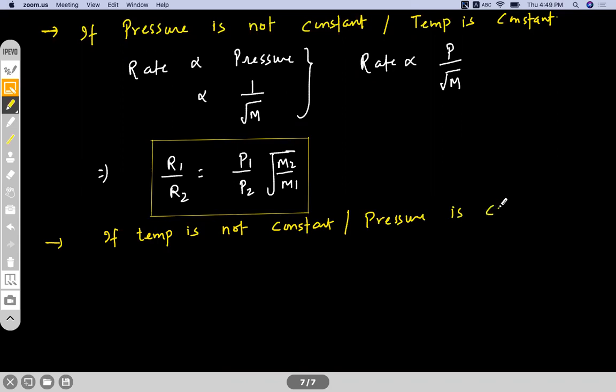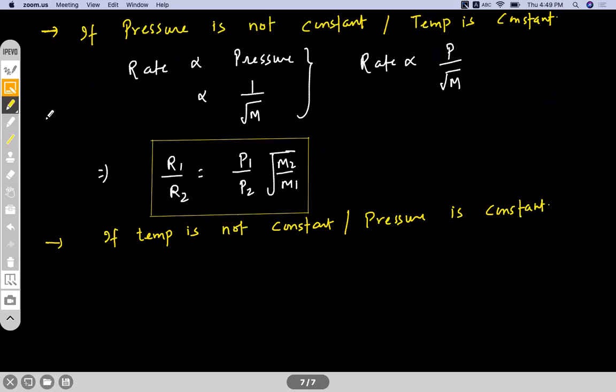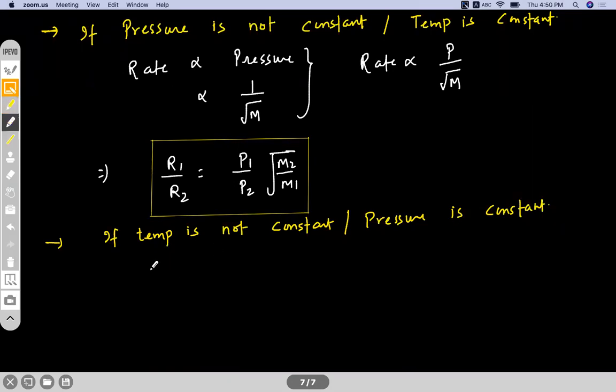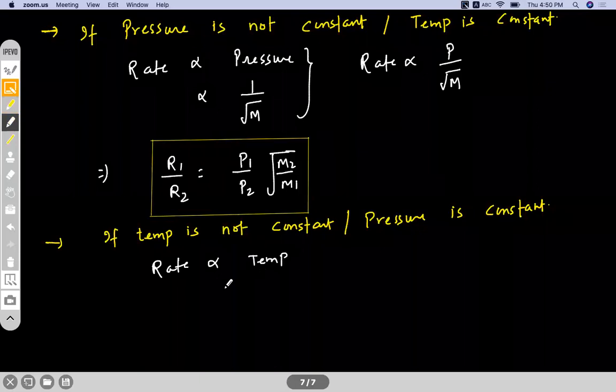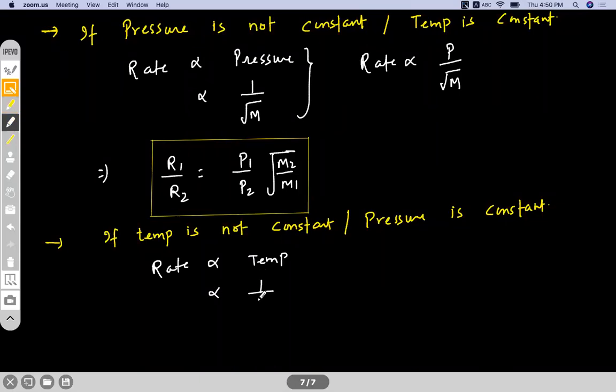Pressure is constant. So more temperature, we have more kinetic energy, and more kinetic energy means more will be the rate of diffusion or effusion. So in this case also we can write rate is directly proportional to temperature, and again we already have this relation. So if you combine the two, we'll get rate is directly proportional to T and inversely proportional to M, and